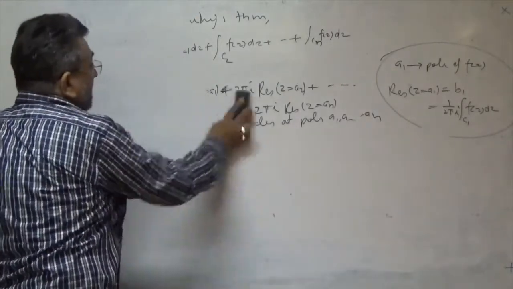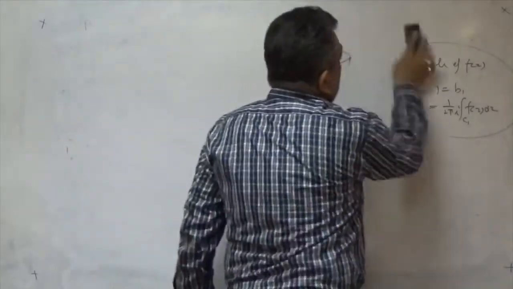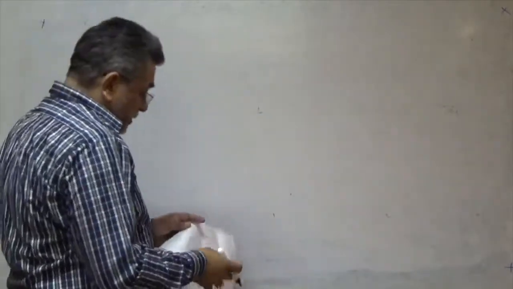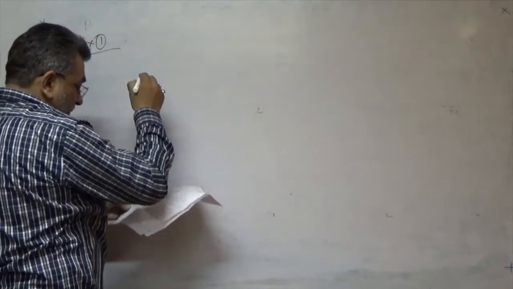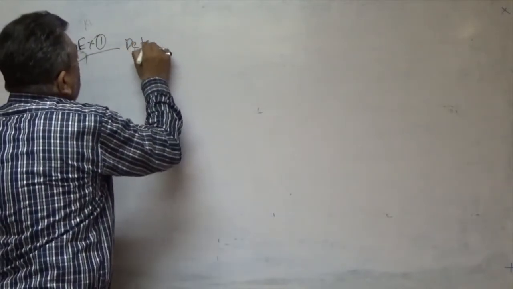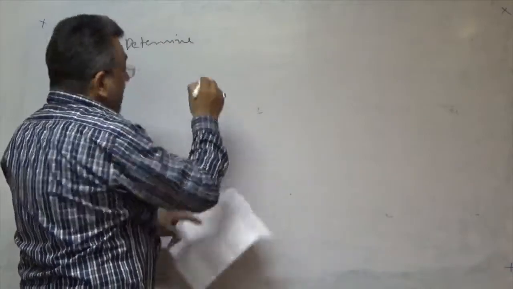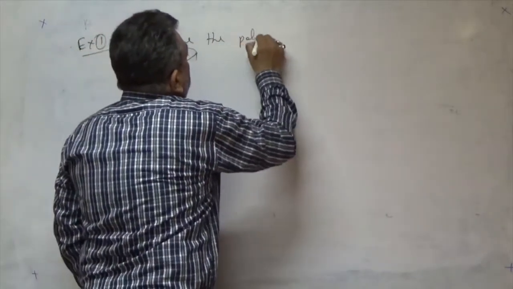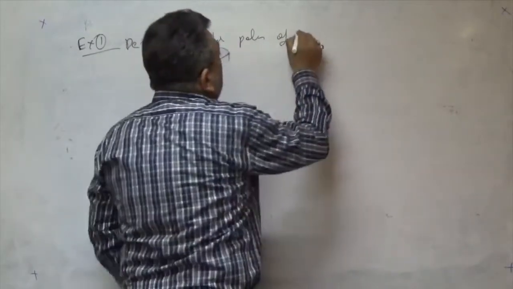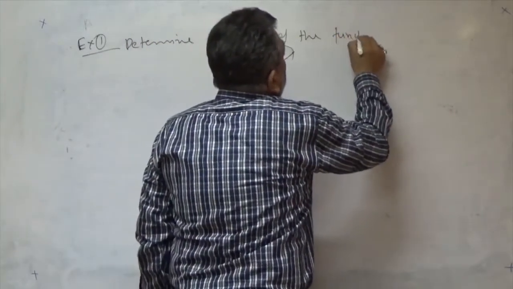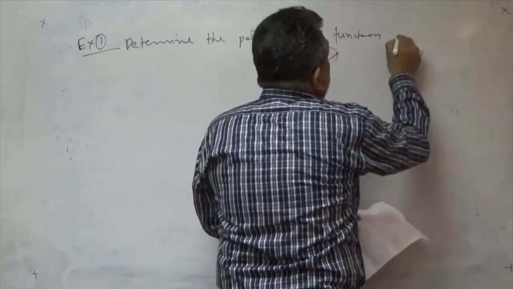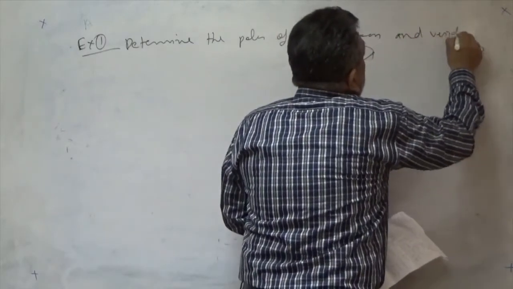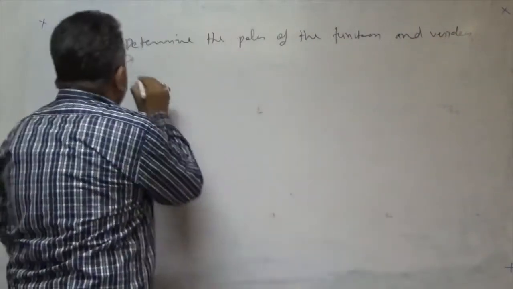First, I am taking an example of a simple complex integral. How can you solve these integrals using Cauchy's residue theorem? Let us take the first example: determine the poles of the function and residues at the poles